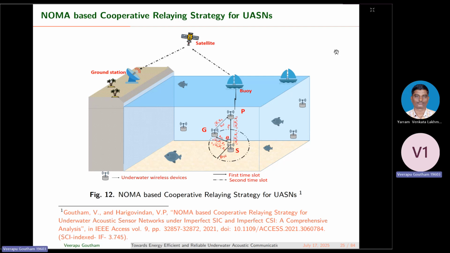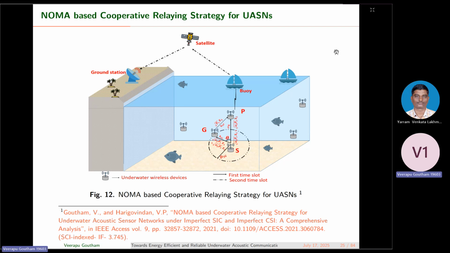See this NOMA cooperative design scheme. Here, this is the source node. This is node B, the far node, where you can assume poor channel conditions. And node G is the near node with good channel conditions. What we have is x1 of t and x2 of t, two symbols. Both the signals are intended for the far user. I need to transmit x1 and x2 symbols to the far user.